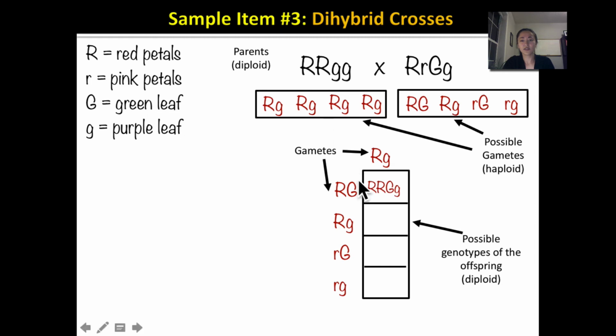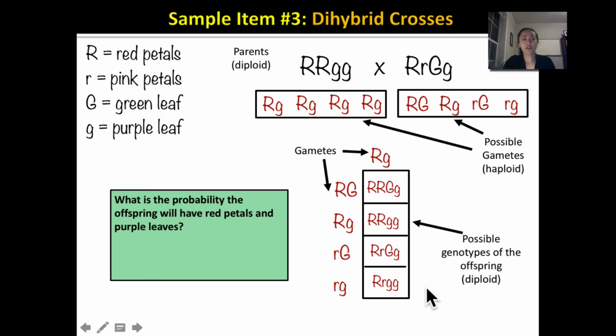So we brought these 2 together. We get big R, big G, little g. Bring these ones together, big R, little g, and so forth. And we get that. Well, what if we want to know what's the probability the offspring will have red petals